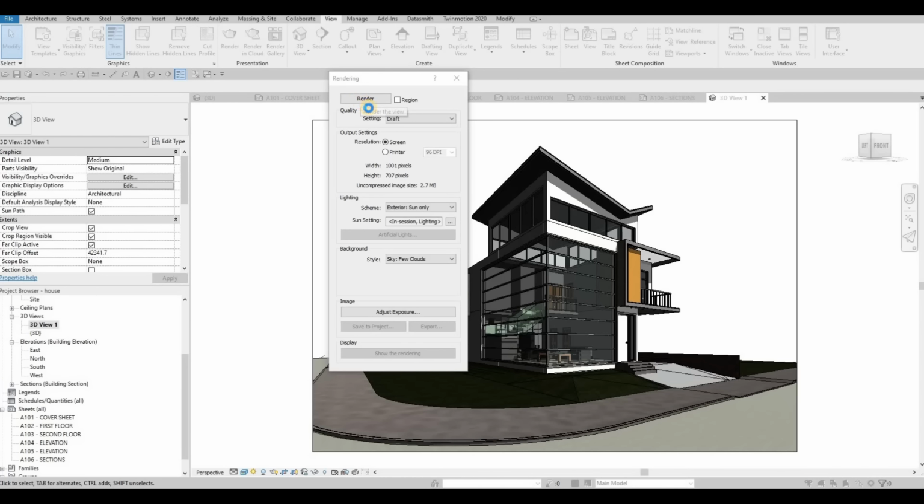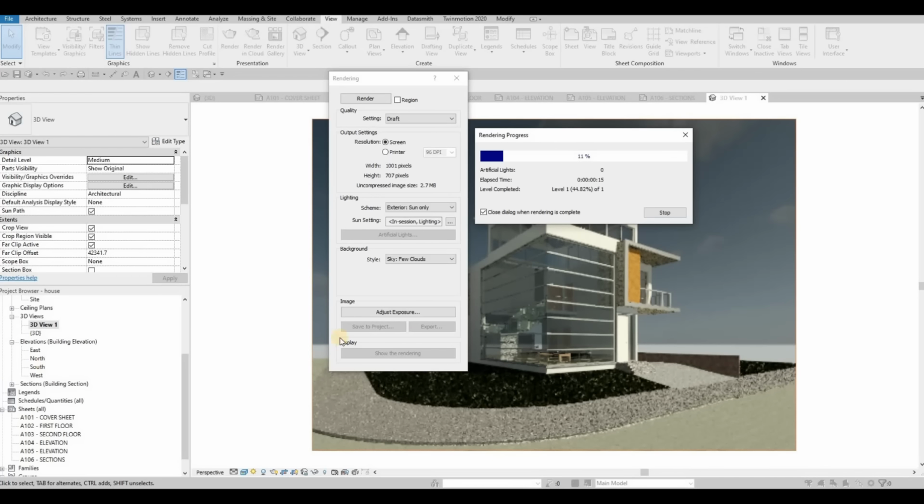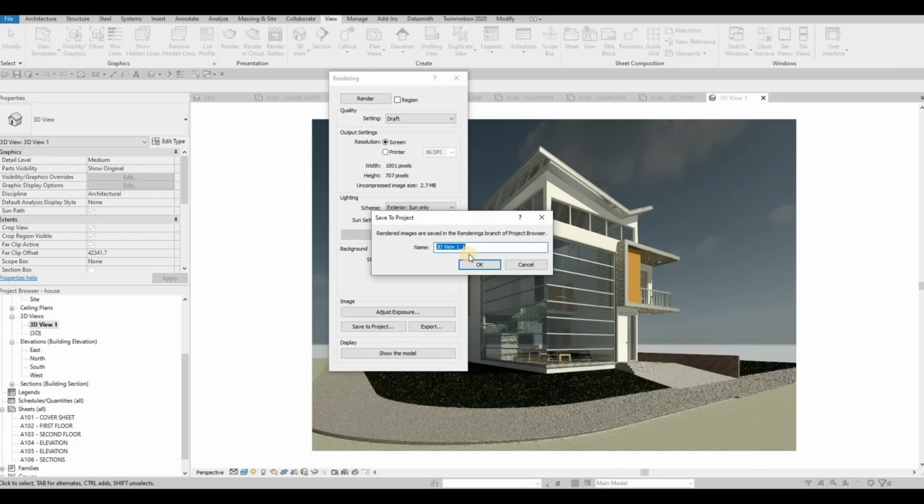Let's wait for it for a couple of seconds, and once it's done, we'll be able to adjust exposure. We can save it to our project, which will create a rendering part right here, and then you'll be able to also export it as a PNG, JPEG file. So now, once we're done, let's save the project first. You can put rendering 1 as the name,